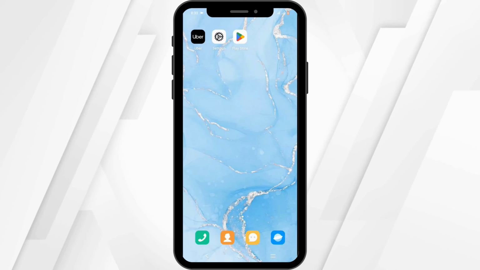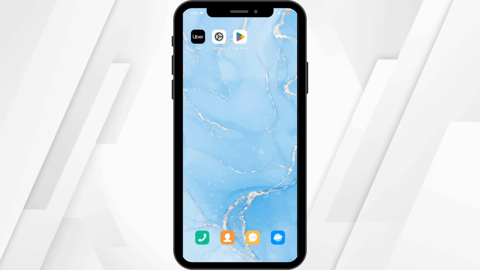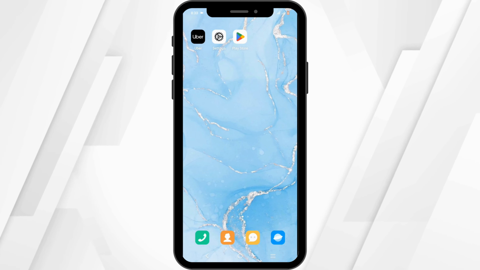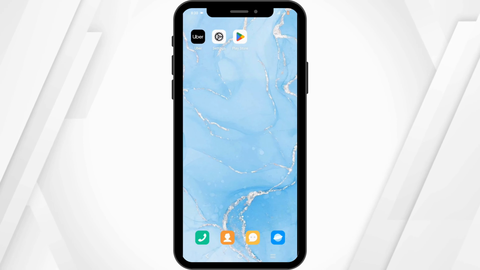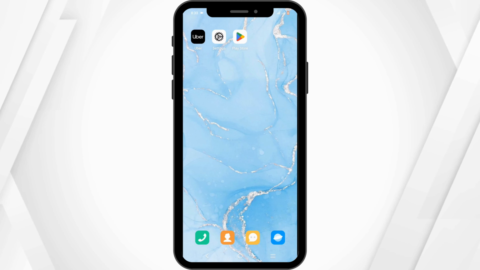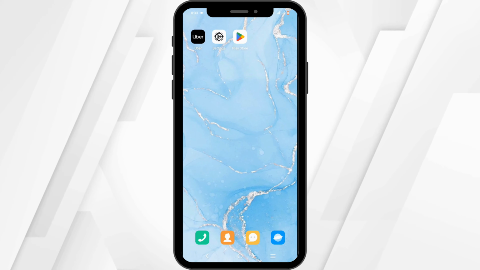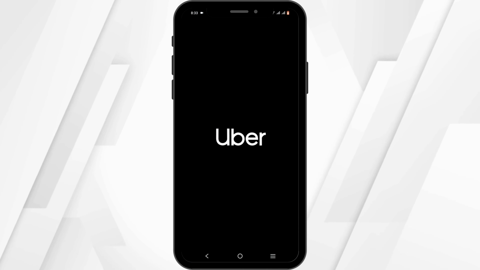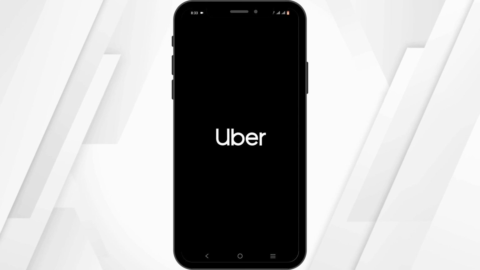Now, check if your Uber application is undergoing an update. In that case, your Uber app will simply not work. All you need to do is have some patience, then after a couple of minutes, try to relaunch your Uber app. And that is how you'll be able to fix your Uber